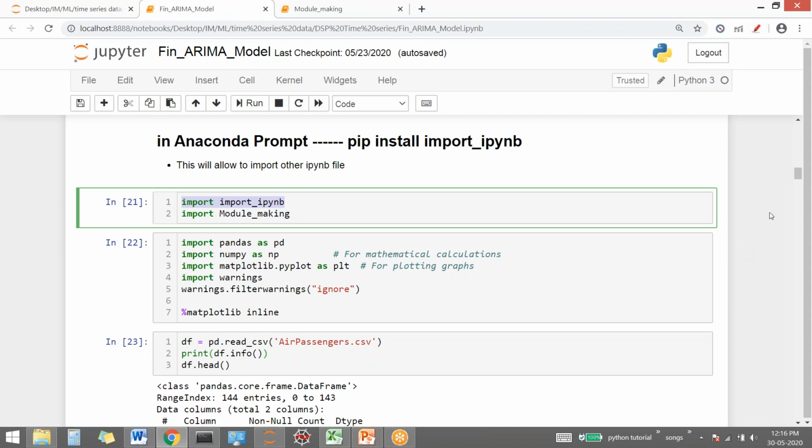Anyone who has installed it? Okay, Johnny. So are you able to run this very first command here, this one?